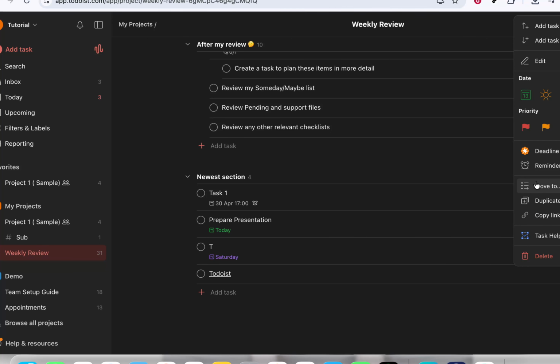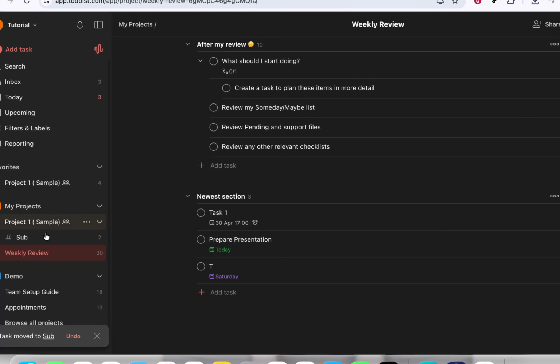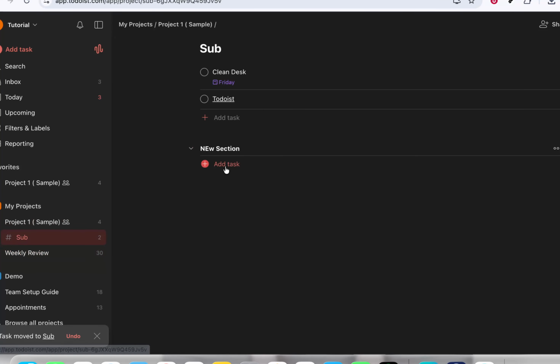You should now see your task appear under the new section in your project. If it's not immediately visible, scroll through the sections to confirm it's in the right place. You can repeat this same process